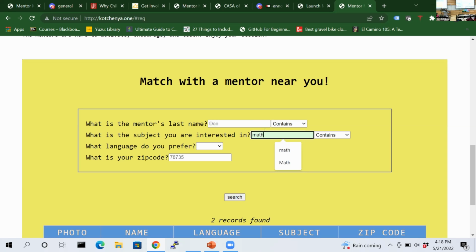Right. You can literally just type in math here. Yeah, because I was actually just typing in anything random when I was trying this out. Yeah. We definitely on our queries could fine tune that and have a better catch to say no mentors with that name exist, or another enhancement is adding more